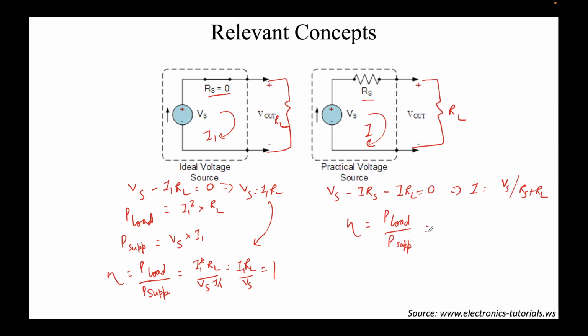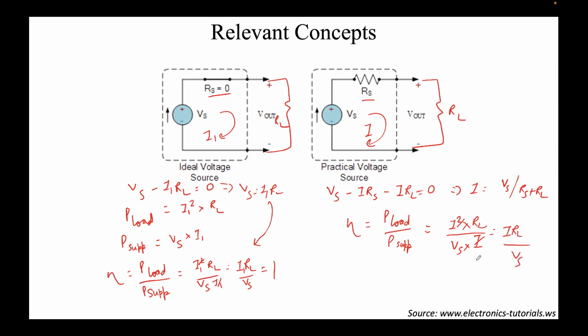Now, power delivered to the load again would be I square, because I is the current flowing through this load, times RL, divided by the power supplied here, which is the voltage rating of the battery, Vs, times the current flowing through the battery, which is again I. So again we'll write Vs into I. Now one I gets cancelled, so we get I RL